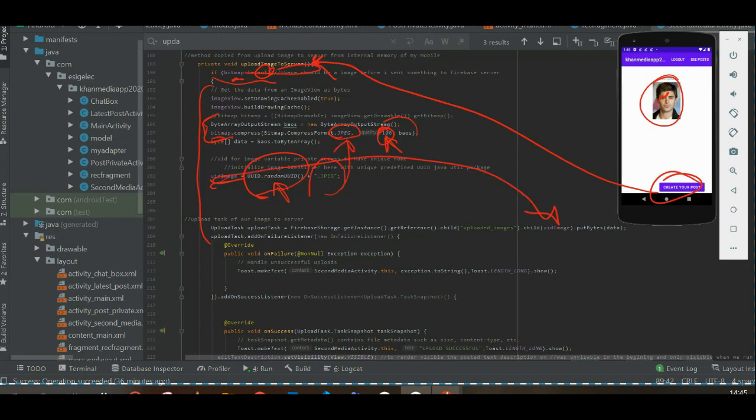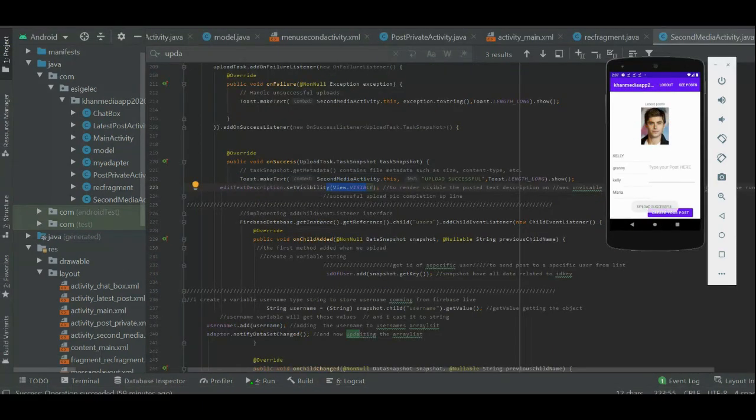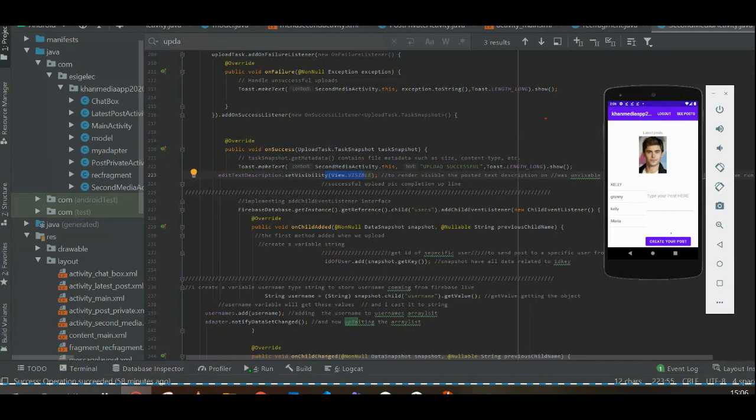So when I click on this button, I will be actually uploading the image to the Firebase storage: get instance, get reference, the child. So this is the main folder, uploaded image, and inside it, I'm going to put my image plus this UID and put the byte array inside it. So what happened right now, as soon as I click the button, this text description box became visible, and